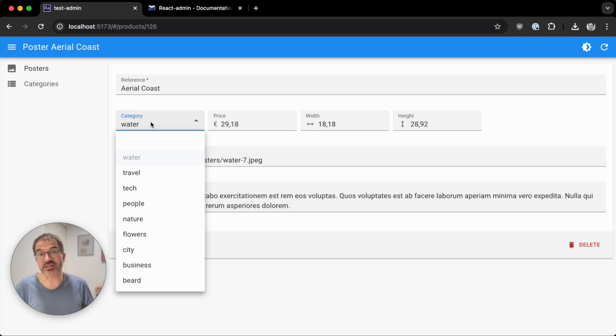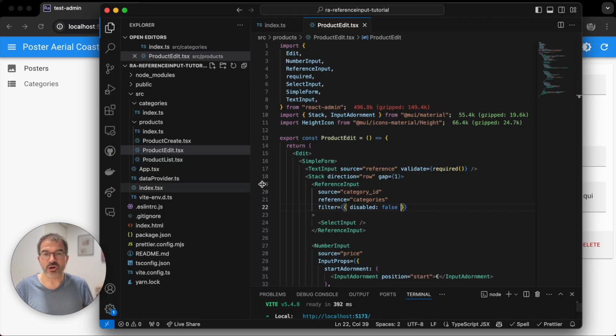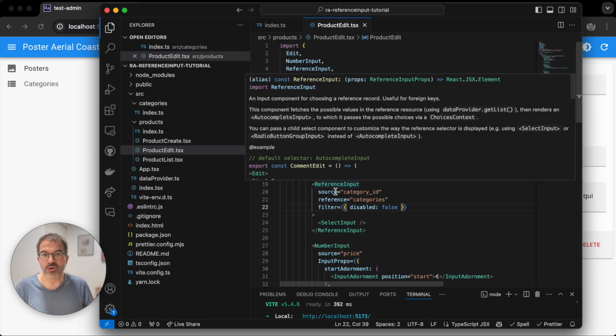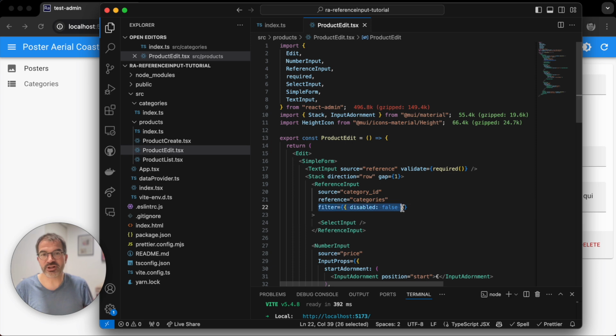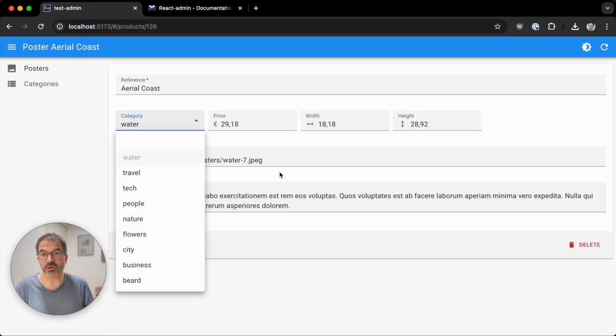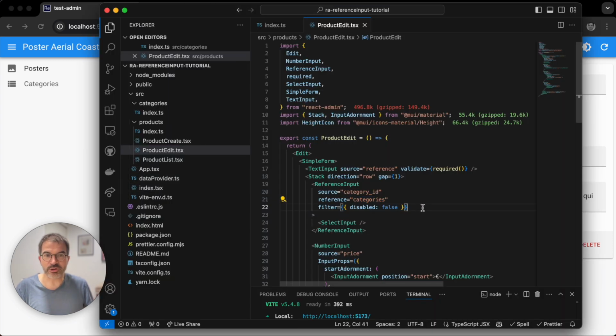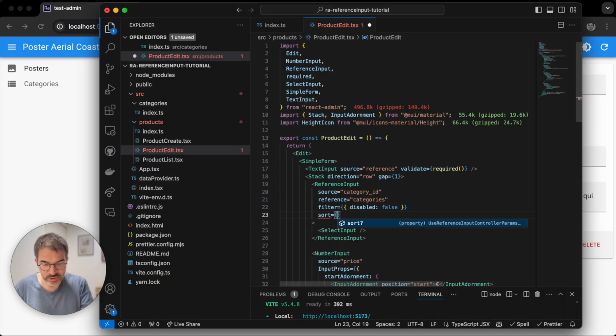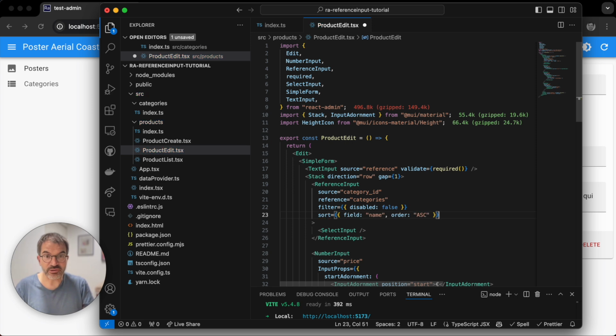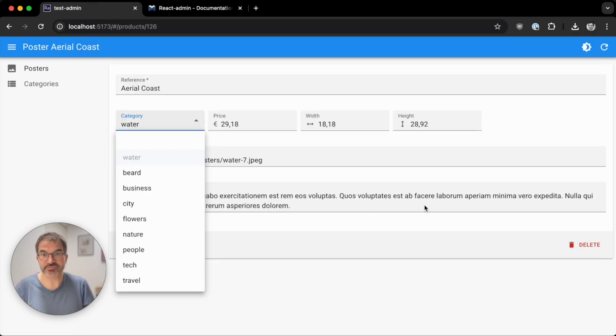So in this case, it's an error. It shouldn't have been selected in the first place, but you can see that the input will fetch more than the list of filtered categories. It will also fetch the current value. And while we are at formatting this list here, it would be better to have it in alphabetical order. So I'm going to pass a sort prop, which will be ordered by name ascending. And now it's properly sorted, and I can select another one.